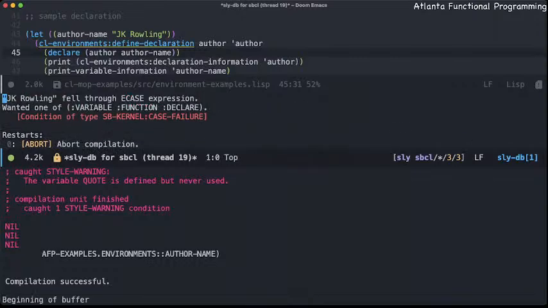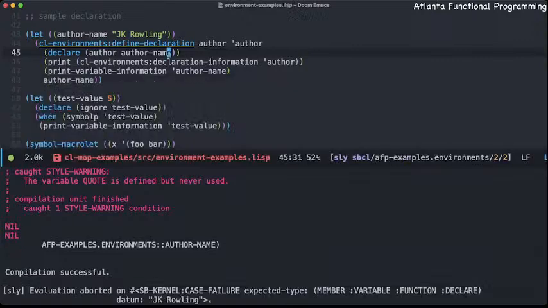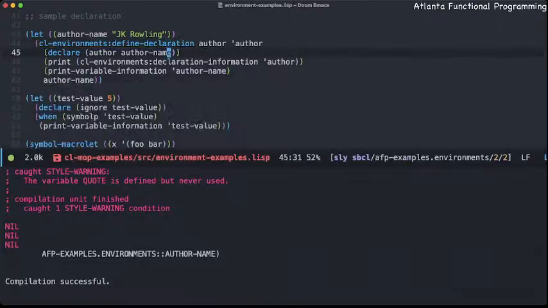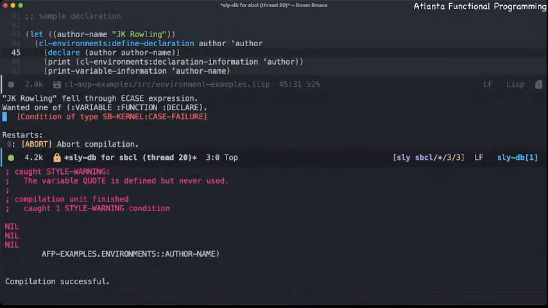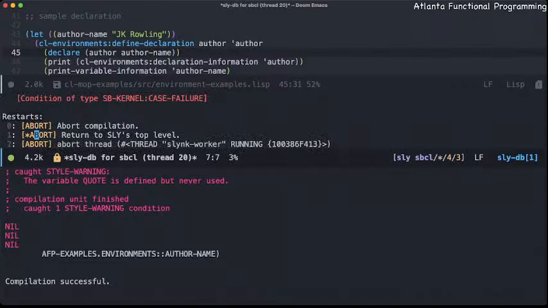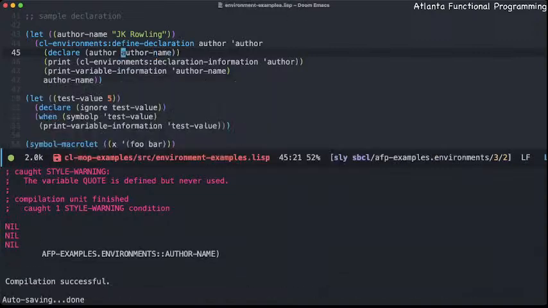This is what I just wrote. It wrote in the key case. Here we go. Let's do. It's not a variable or expression. So, what is this again? Hold on. It says it fell through, wanted one variable, function, or declare. Let's just say that we do